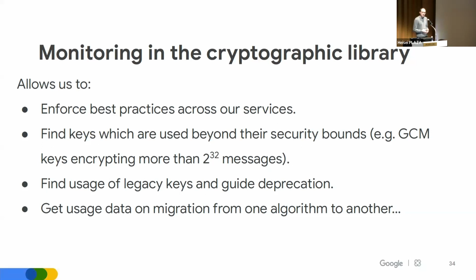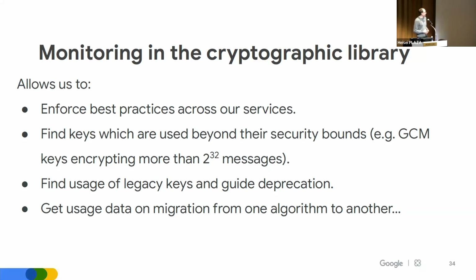So apart from this key rotation case, this horizontal monitoring actually gives us a lot of other nice features. It allows us to enforce best practices. For instance, there are a lot of encryption modes which have a very low bound on the number of queries you can do on the key. If you remember this world map of many services, for instance, if you want to answer, is any key used for more than 2^32 queries? This becomes very hard if the services would have to manage this. But by tracking this directly in the library, we can now answer questions like, is anyone using a GCM key with more than 2^32 messages?